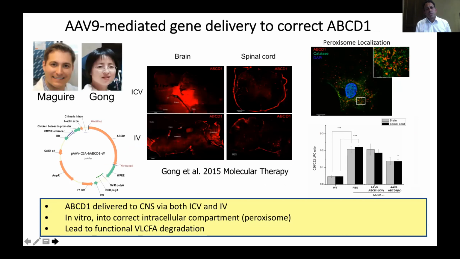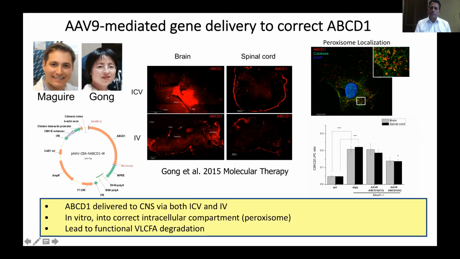So what we did is we packaged the ABCD1 gene into an AAV vector, and this is work by Casey McGuire and Yi Gong, and you used an AAV9 construct where the transgene was driven by a chicken beta actin promoter. And just in short, to highlight that we got into the